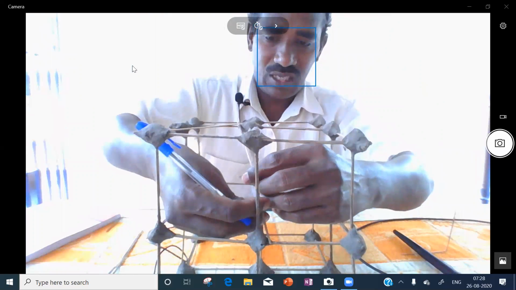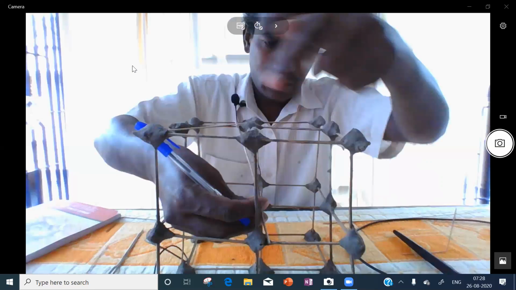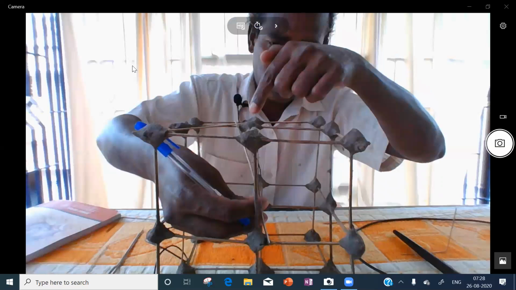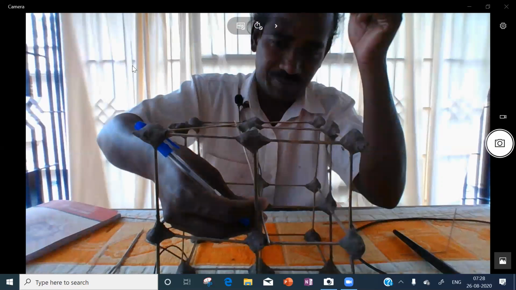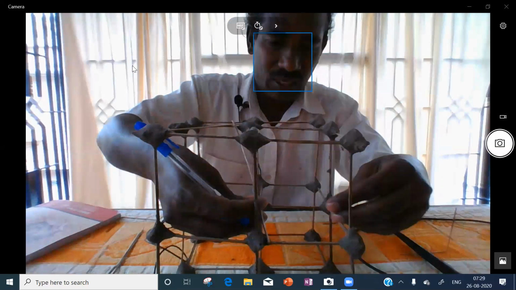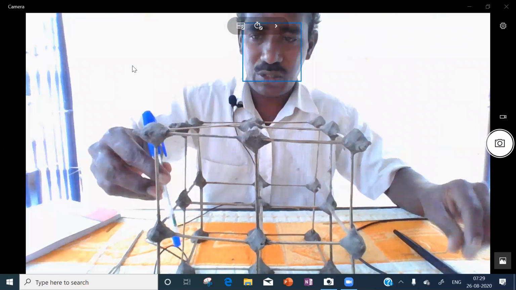Do you agree this is one triangle? This corner to front face to top face to corner. Okay, one triangle we have shown here.